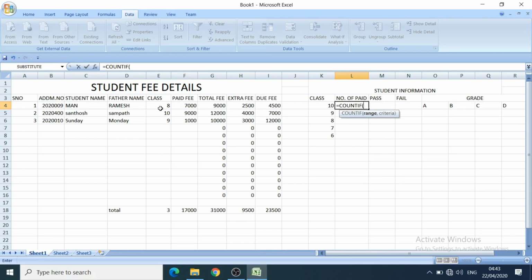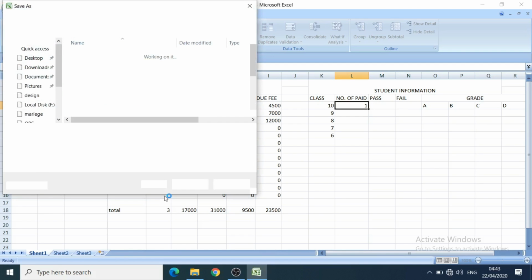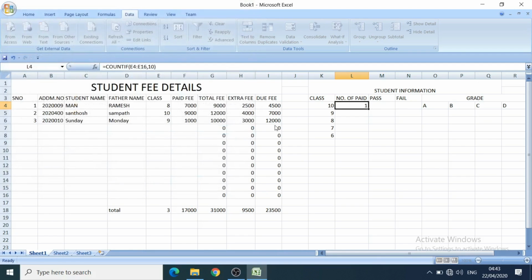For this I am taking the range from here till here. Then I want to show only 10th class. Now we can see one 10th class person is displayed.